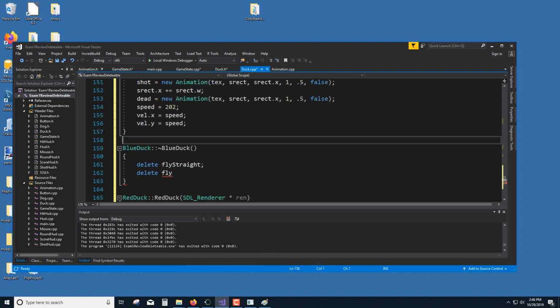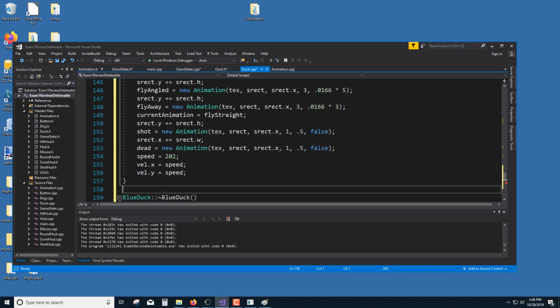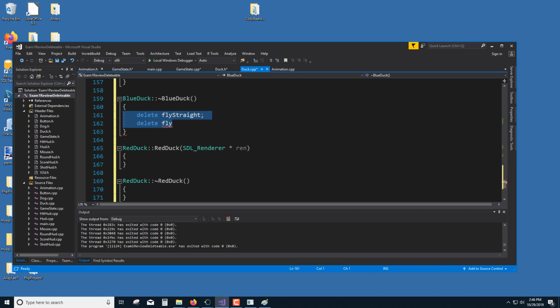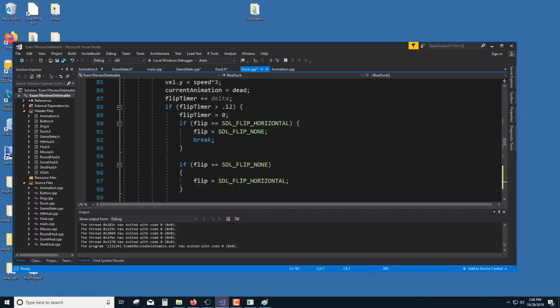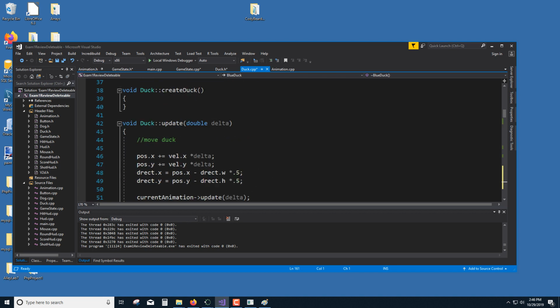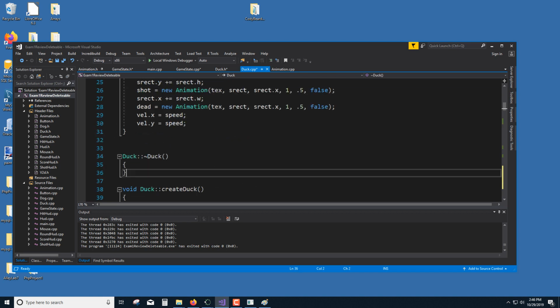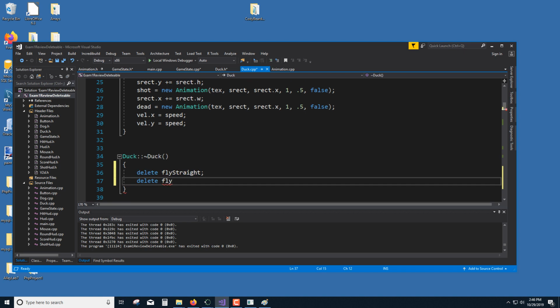And if these are virtual destructors, can I just do this? Yes, I can just do this in the duck destructor and that will take care of it. We only need to do it once. So up in plain duck destructor, delete fly straight, fly angled,